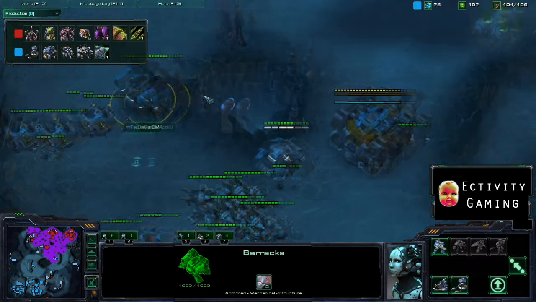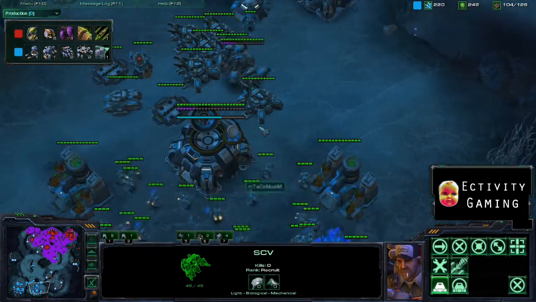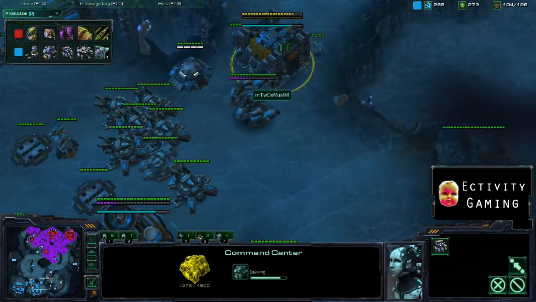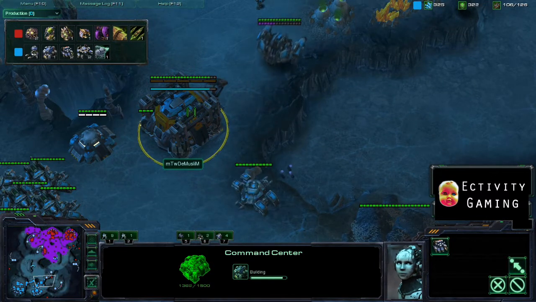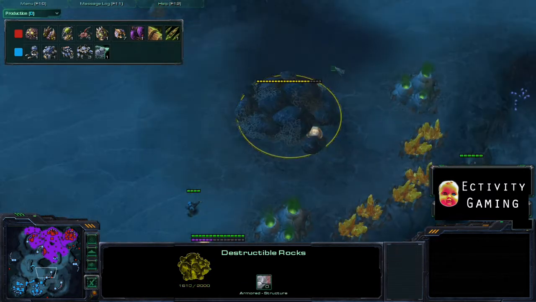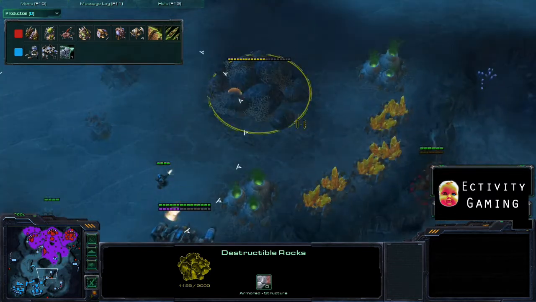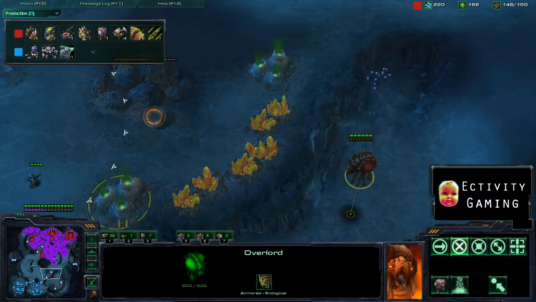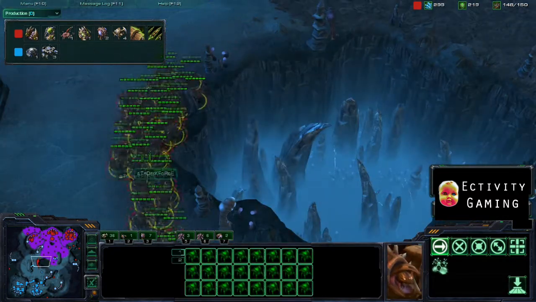And mTwDeMusliM in the meanwhile is blocking off his natural with this. He might transform this into a planetary fortress to make it ultra turtle mode and just at one point move out. But he's clearing out these destructible rocks to secure that high yield. That overlord has spotted this, so he's noticed an expansion coming on its way,